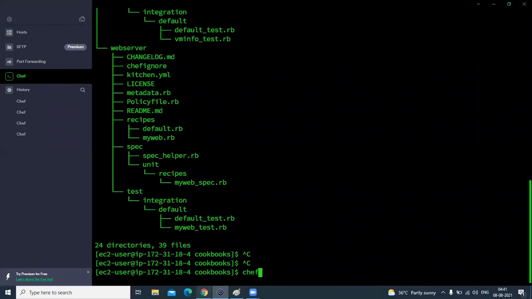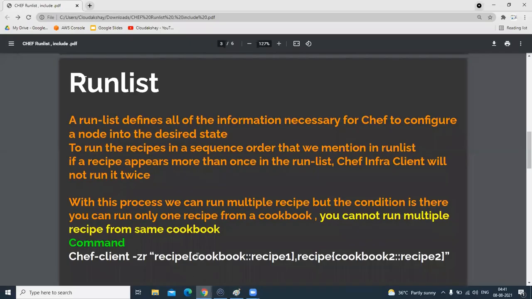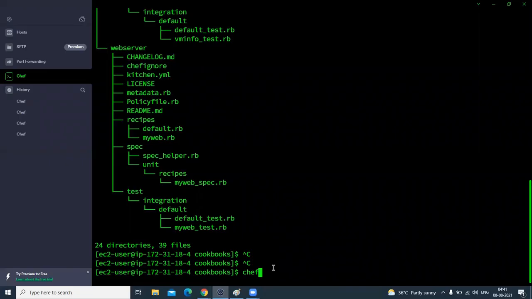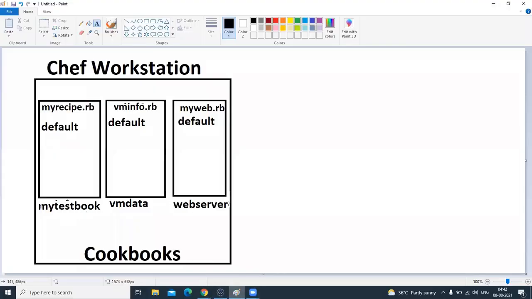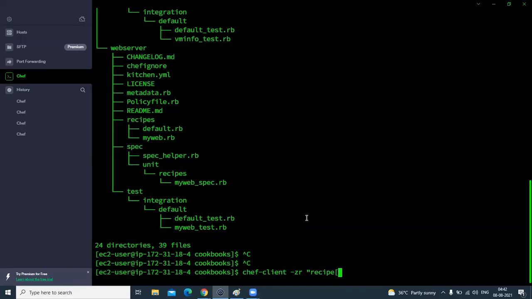Let's go back to the slide, and this is the command to run recipes. chef-client -zr, then recipe, and the cookbook name, as you can see in the pane, is my test cookbook.